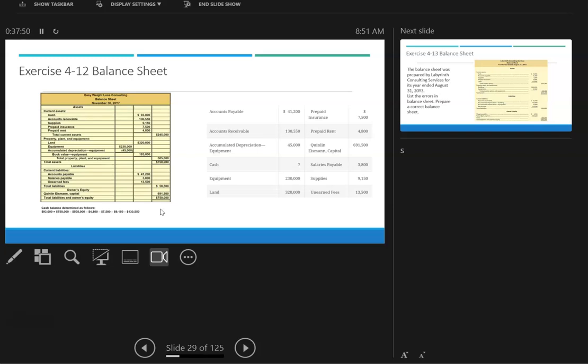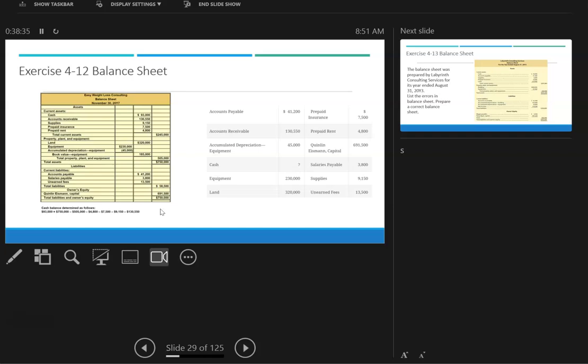Then we're going to put in our liabilities. Our current liabilities, accounts payable of $41,200. Excuse me, guys, I forgot something. In the assets, we have equipment of $230 and accumulated depreciation of $4,500, right? So we have to put that in along with our land. So we have our current assets, and then our property, plant, and equipment would be our land of $320, our equipment of $230, minus our accumulated depreciation of $45,000. So we have that number too. But we're missing total assets because we don't know cash,